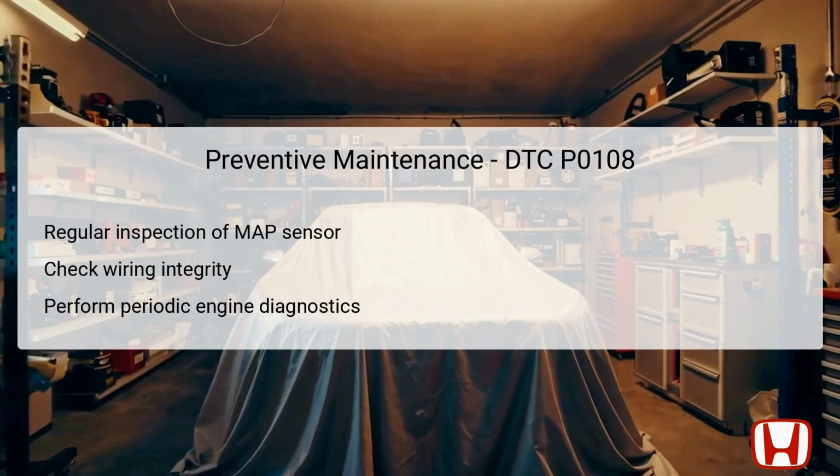To prevent issues leading to DTC P0108, implementing a regular maintenance routine is vital. This includes regular inspections of the MAP sensor to ensure it is securely mounted and free from debris that may interfere with its operations. Monitoring the integrity of the wiring connected to the MAP sensor is essential to avoid premature